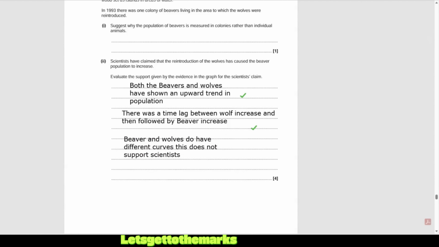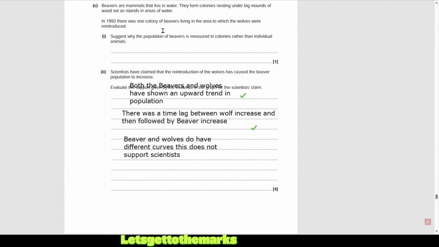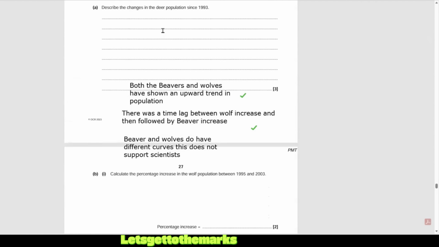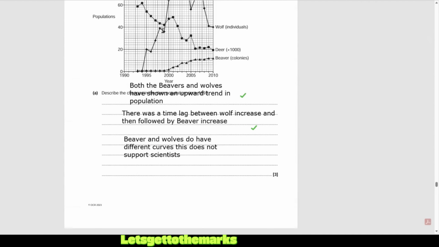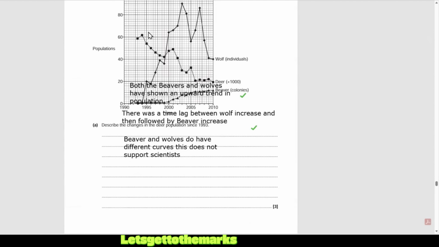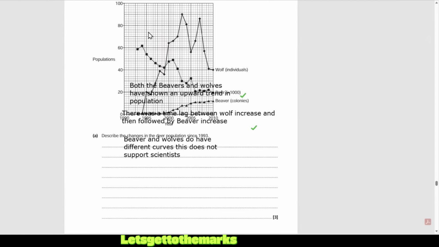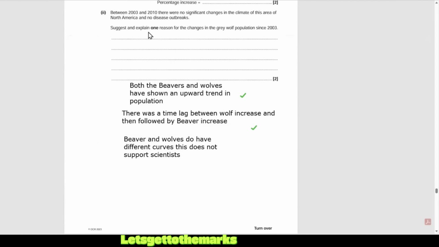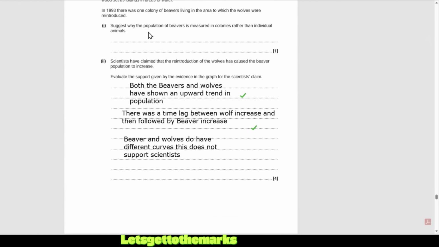So let me explain that one. I need to zing back up just to explain that to you. What I mean is, is there anywhere we can see where the wolf population is decreasing and the beaver population is still going up? Look here. Between 2000 and 2005, the beavers are going up. Or let's say, between 2003 and 2005, the beavers are going up and the wolves are going down. So that would be my evidence against. So that would be some data that I'm using to support and against.